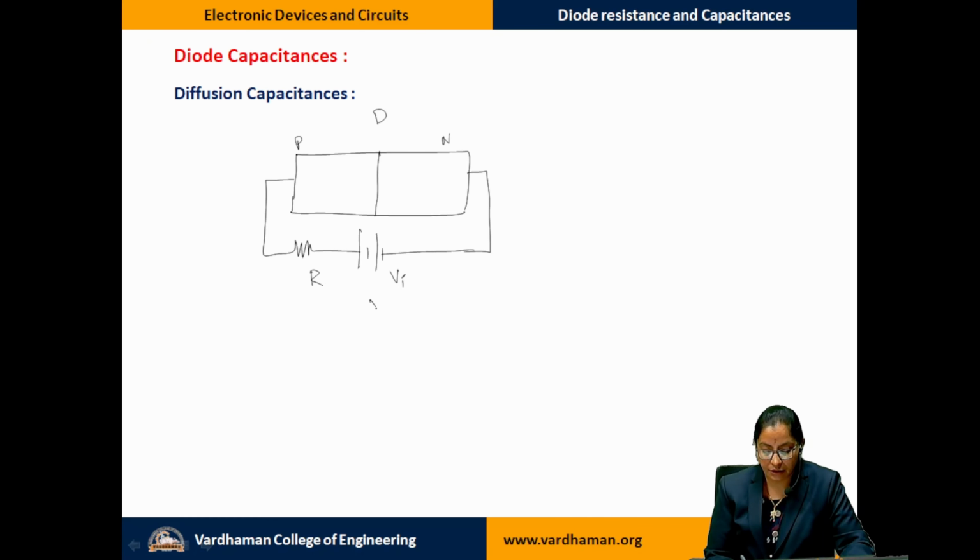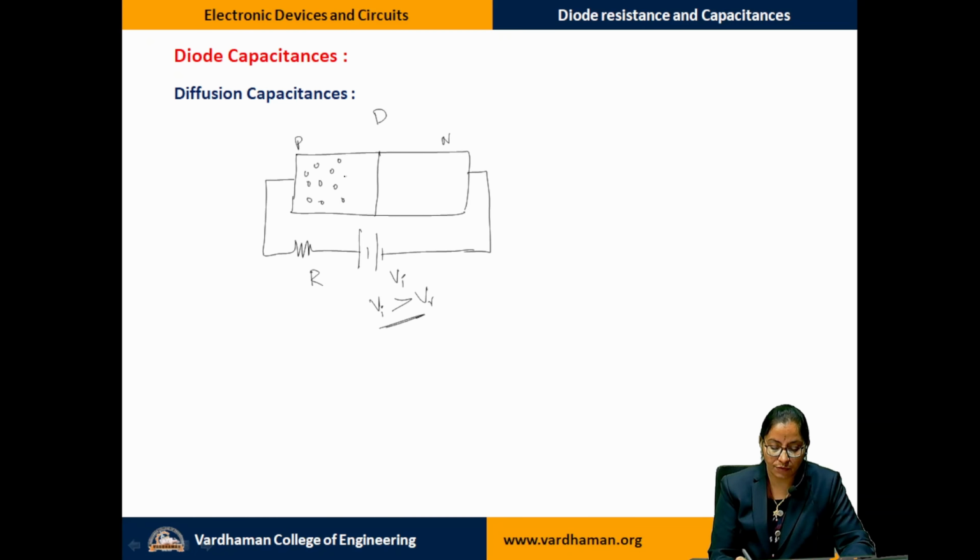because of which majority carriers will not cross the junction. So apply a condition that your Vi is greater than the barrier potential V gamma, or Vt, various notations that we use for the threshold voltage, or we call it the barrier potential. If it is applied more than V gamma, the depletion layer is completely nullified, so you don't find any depletion layer. So the majority carriers in P, which are holes, will tend to move,